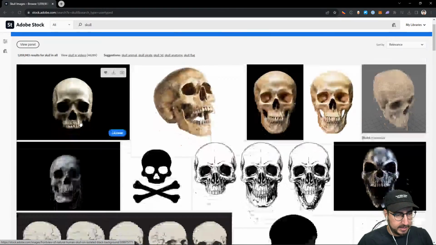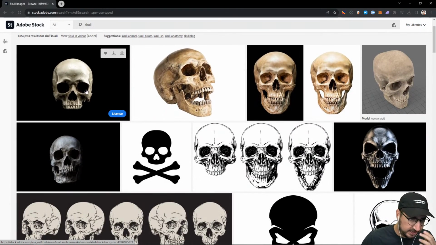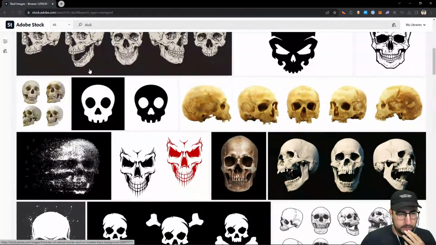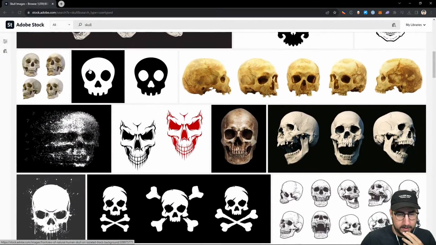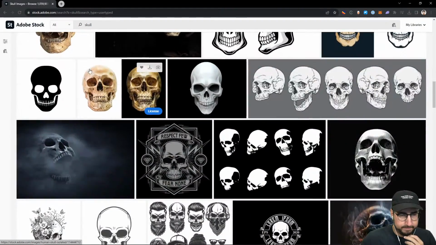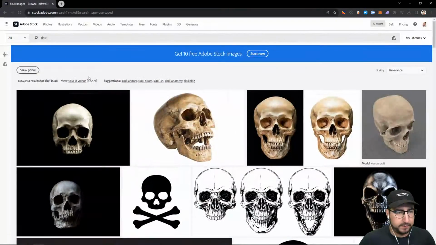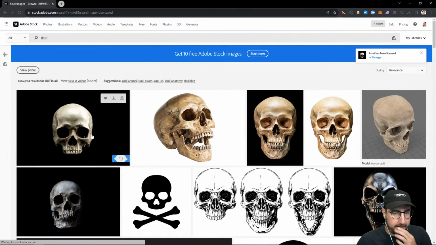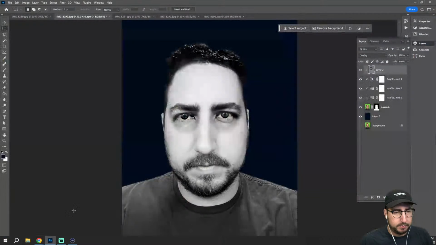Ooh, and I think I do want a lower jaw, but I like that one a lot. Let's see if there is one with high contrast that also has the lower jaw open. Let's use that first one. I think the first one is probably the best. So I really like the toning on this, and you'll see why in just a second. So what we're going to do is overlay that onto my face, and we're going to